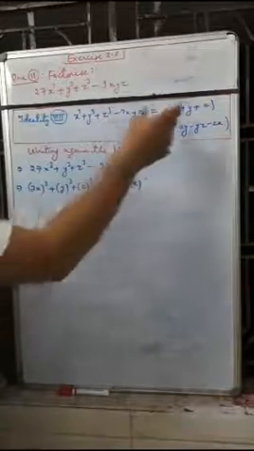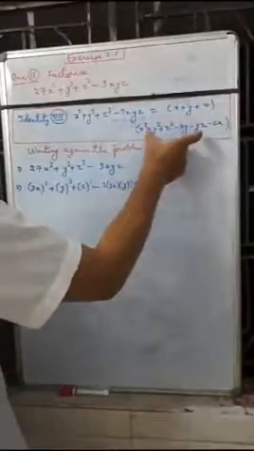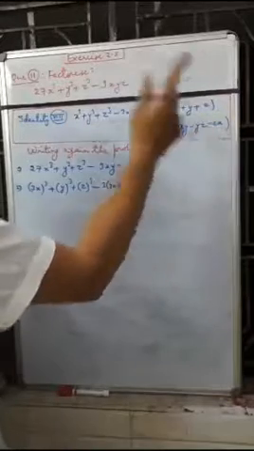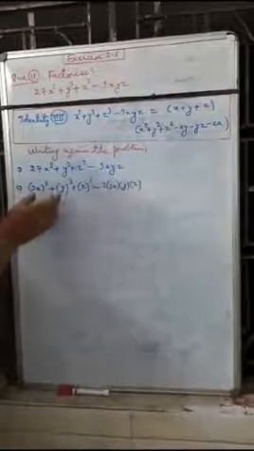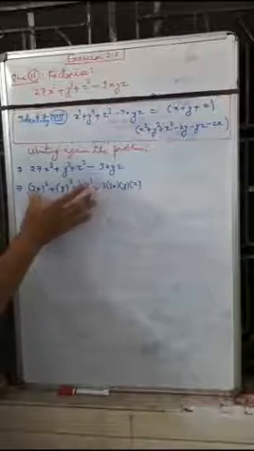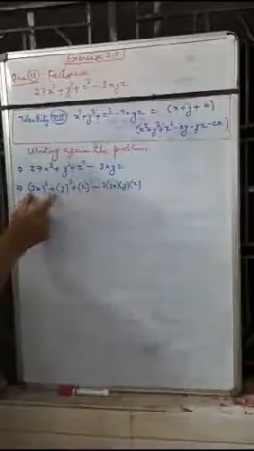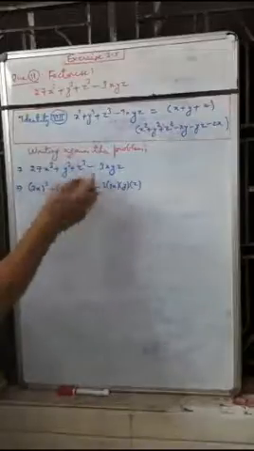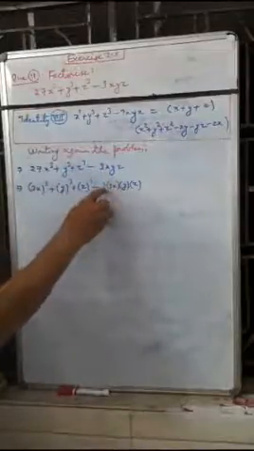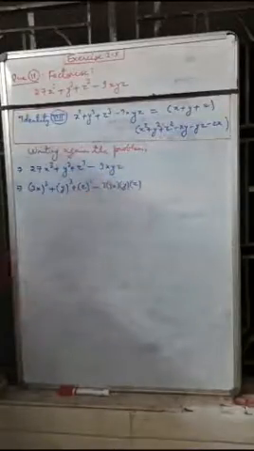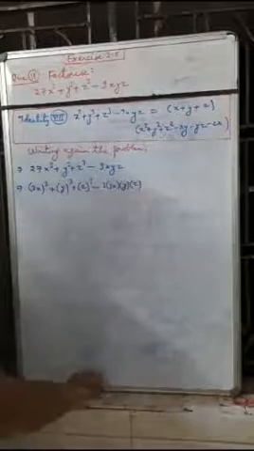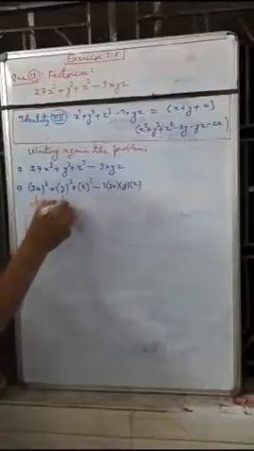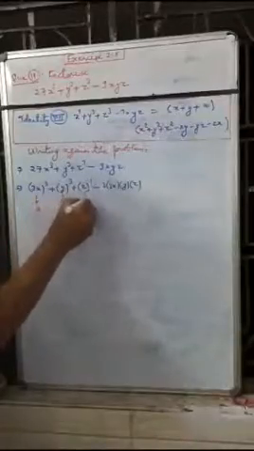Now what we have as the solution is x plus y plus z into x square plus y square plus z square minus xy minus yz minus zx. So we can also check whether the product of this solution is equal to the previous term or not. So definitely we will get the previous 3 3 is 9 xyz. It is equal to x, it is y, it is z.